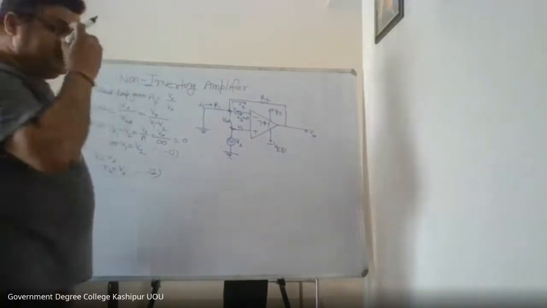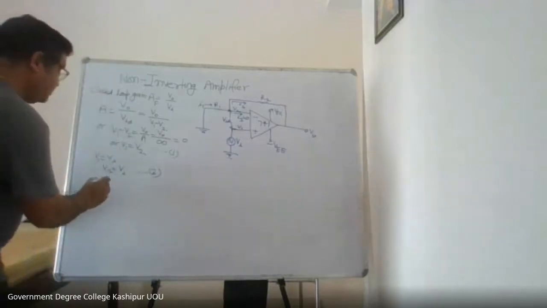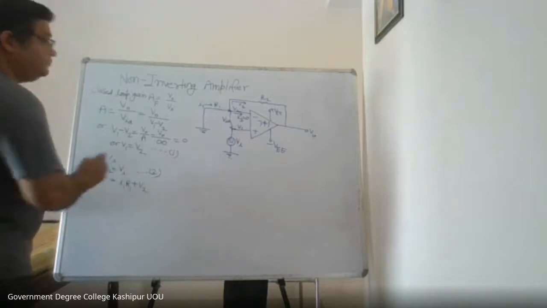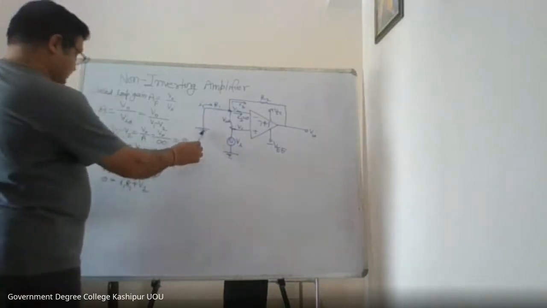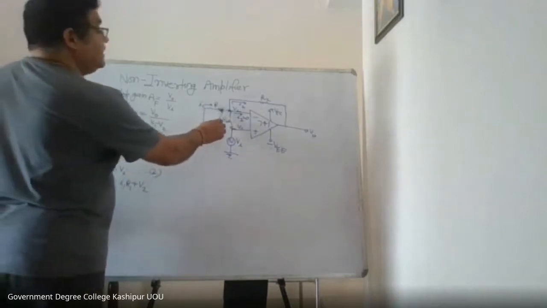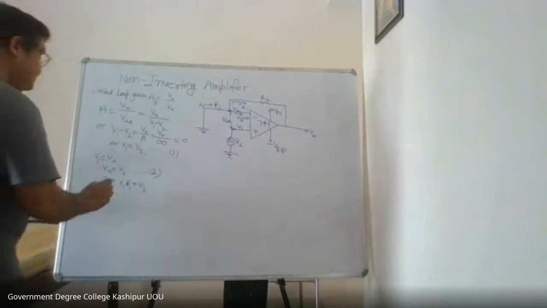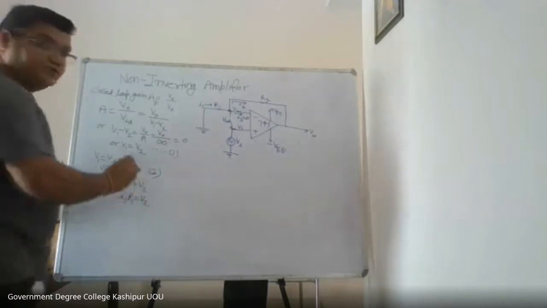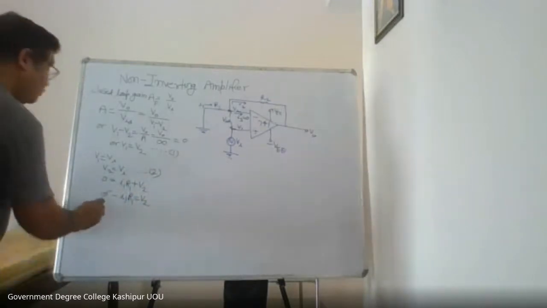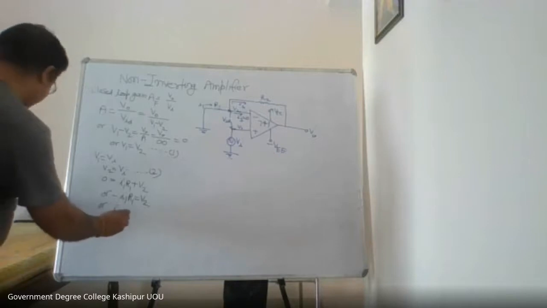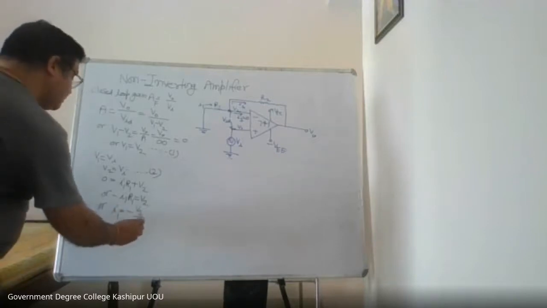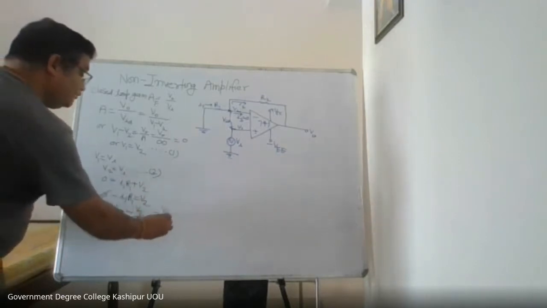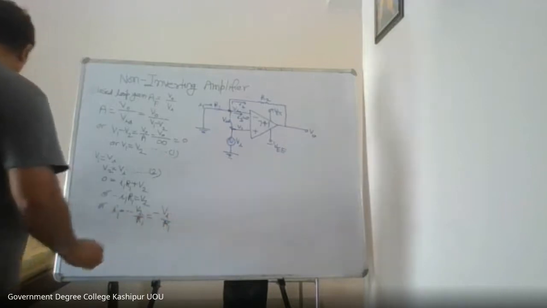Now using Ohm's law here, we get 0 equal to I1 R1 plus V2. This is grounded. 0 equal to I1 R1 plus V2. Here we have used Ohm's law, or you can write minus I1 R1 equal to V2. Now, what will be the value of I1? I1 will be equal to minus V2 upon R1, and minus V2 is equal to minus Vi upon R1.